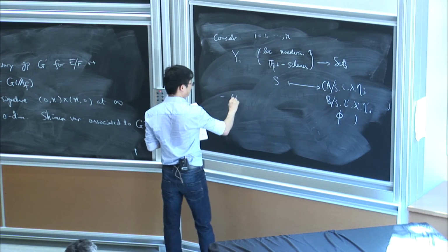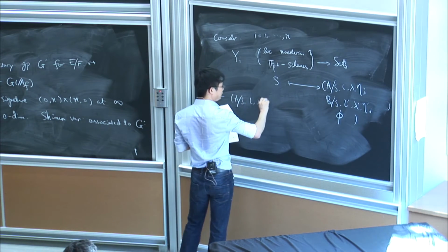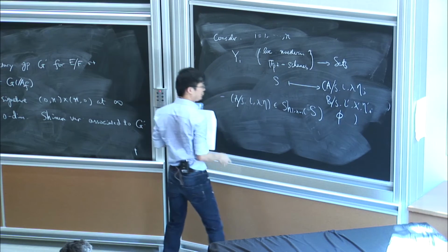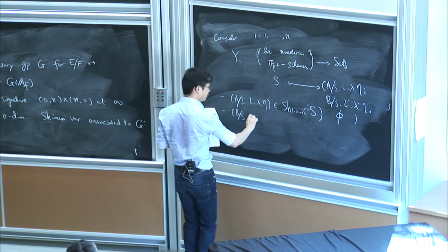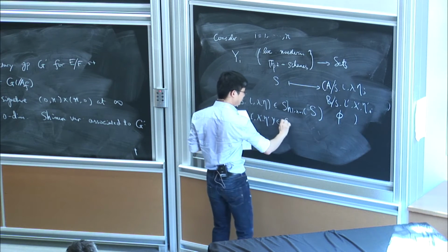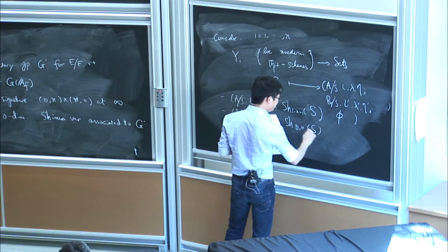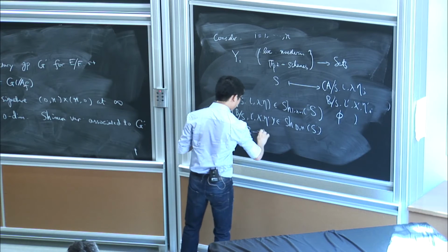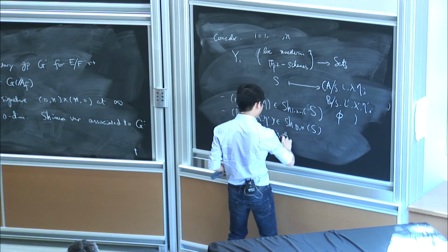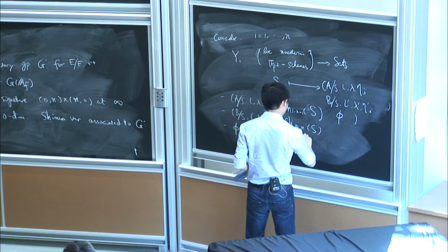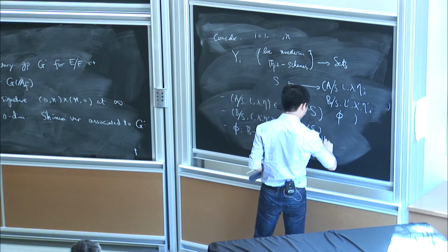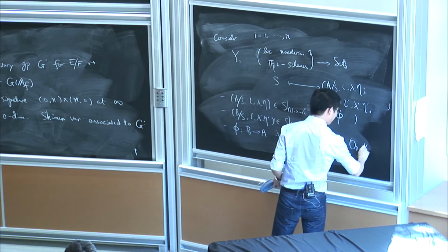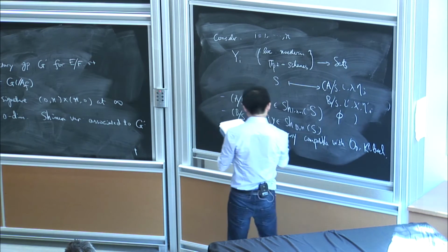So here, the first part of the data is a point in the big Shimura variety, and B means a point in the smaller Shimura variety, and the phi is an isogeny between B and A, compatible with the O_D action and the level structure, and such that